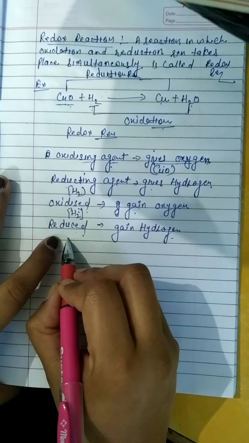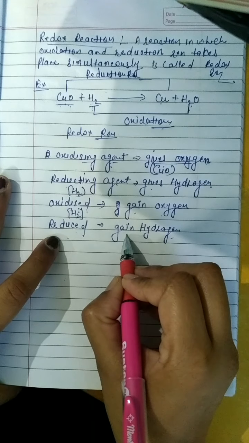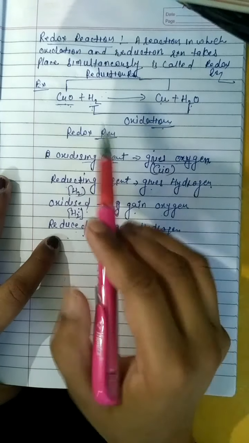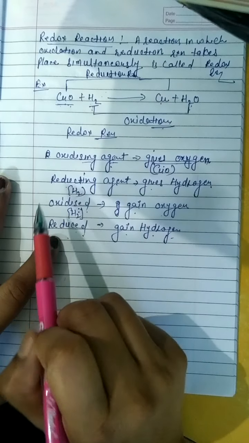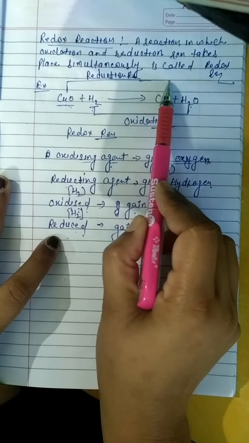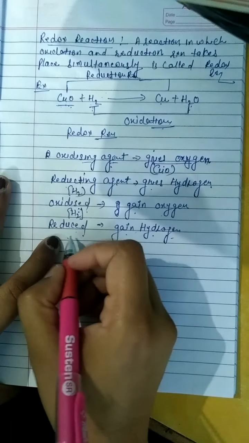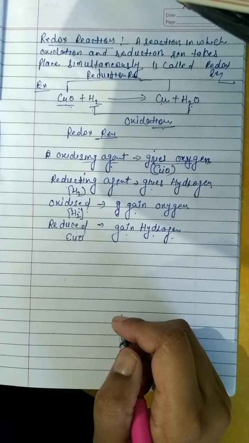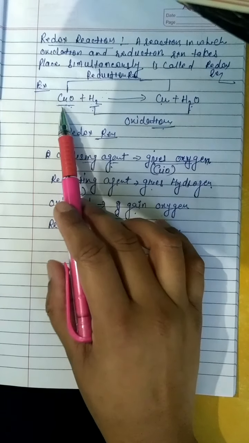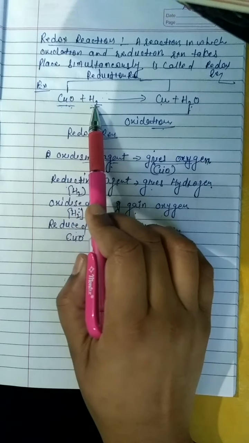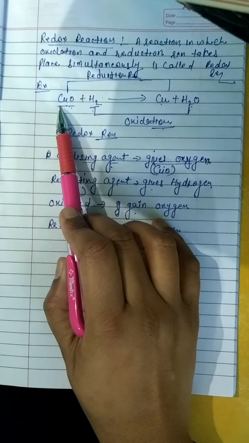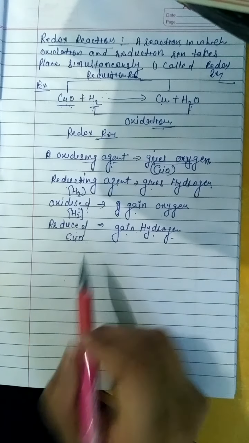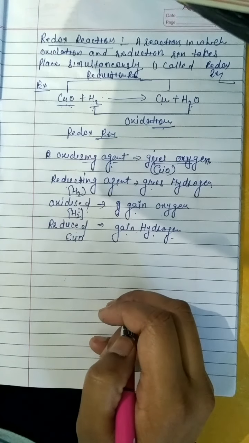Third one is reduced. कौन गेन कर रहा है? गेन हाइड्रोजन. दिस वन. कॉपर ऑक्साइड. कॉपर ऑक्साइड क्या कर रहा है? गेन करके क्या फॉर्म कर रहा है? इसको दे रहा है तो क्या बन गया आपका? कॉपर इज योर नाउ दिस वन. सो दैट्स व्हाई इट इज बिहेव लाइक अ reduced substance.